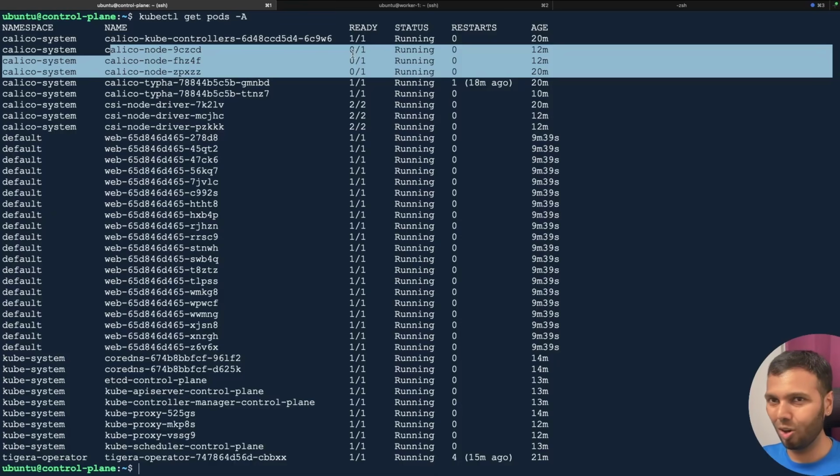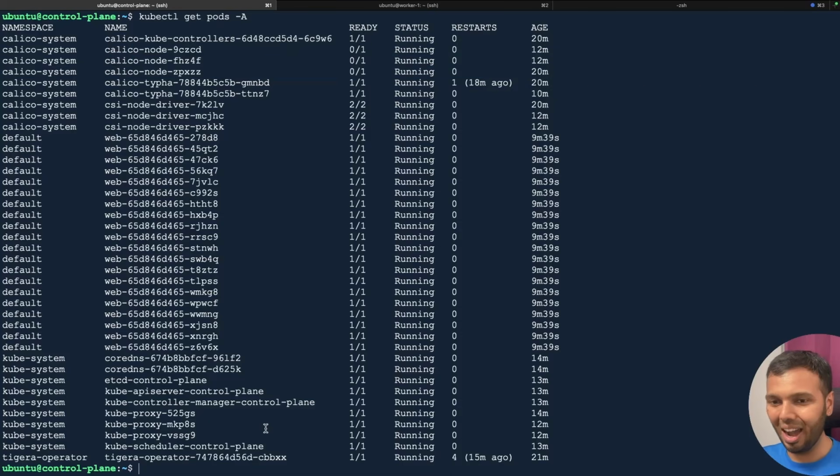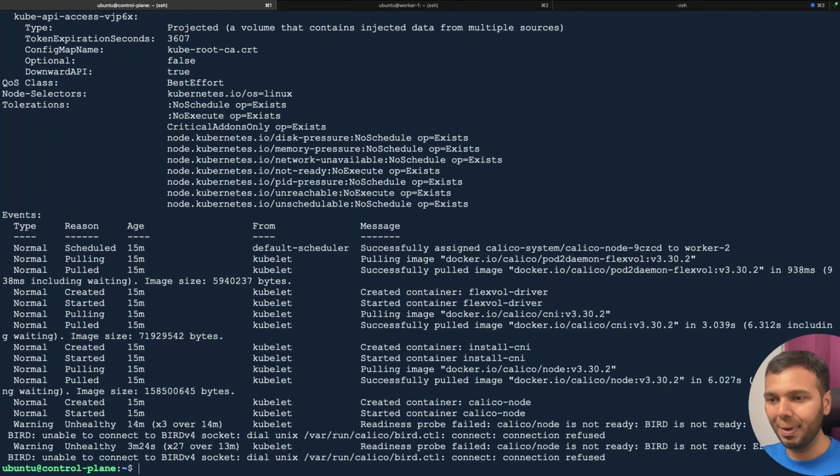Firstly, I saw it is not in ready state. The first thing I did was run kubectl describe pods -n calico-system. Then I copied this pod name, I can do that for any pod, and pasted it here. When I pressed enter, I saw an error that says bird is not ready, error querying